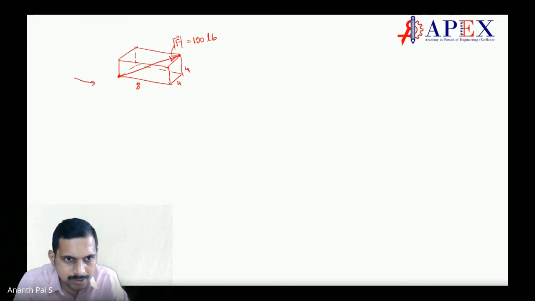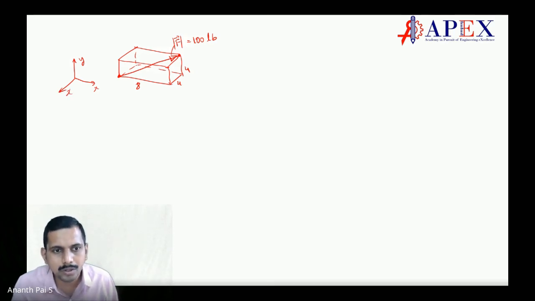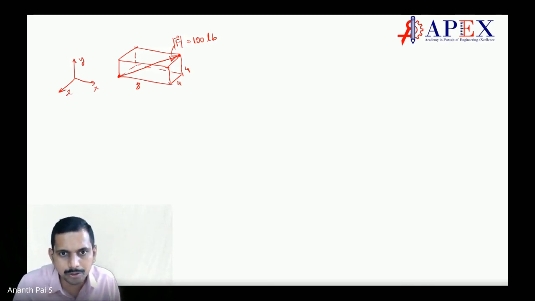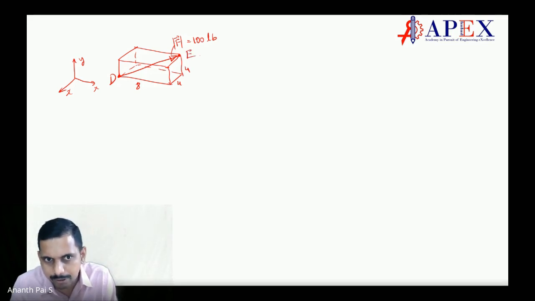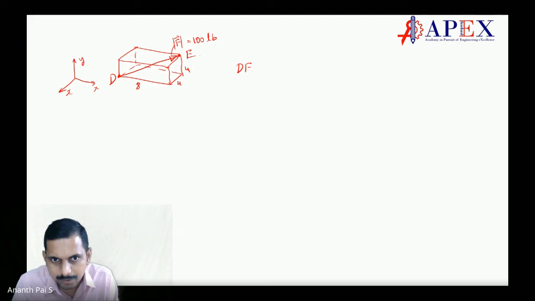What is the direction? This is X. This is Y. See the direction which is given, okay. This is Z. This is what our coordinate system is. So now if I have to go from this point to this point, what should I do? Let us put this as E; this was D, is it not? So if you want to find the DE vector, I am not doing the force vector, keep in mind, keep the difference. I am finding the DE vector, not the force vector, okay.